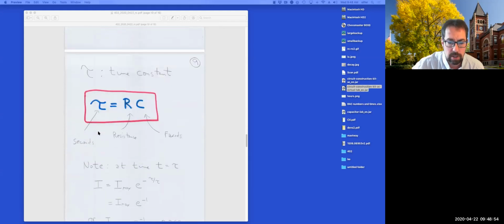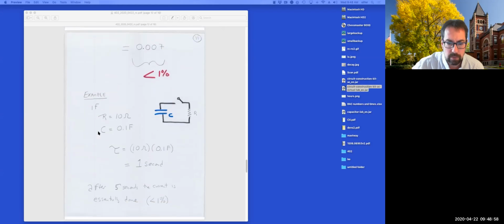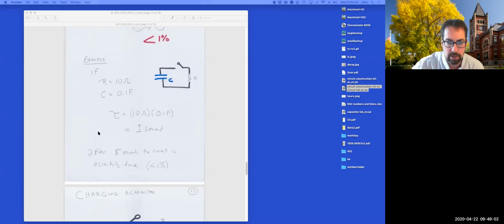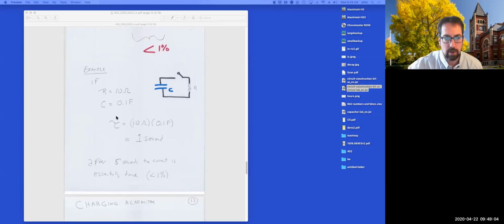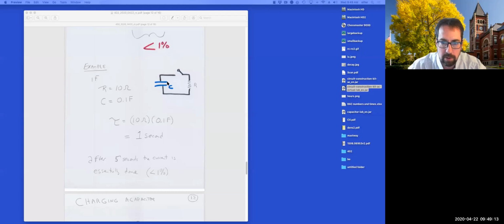So the next circuit that I'm about to show you is if we're charging a capacitor. Let me just give you one last numerical example, Francis, before I answer your question about that increasing voltage. So in our simple circuit that we have here, a capacitor and a resistor, if I have a 10 ohm resistor and a 0.1 farad capacitor,